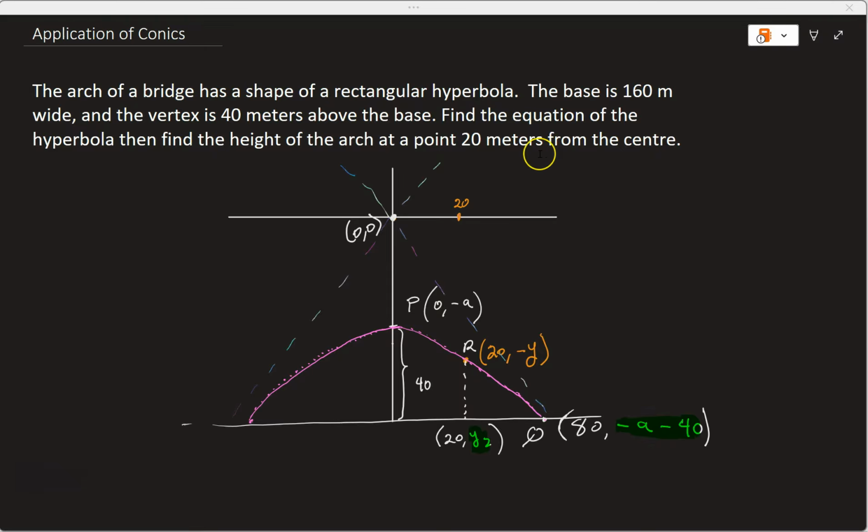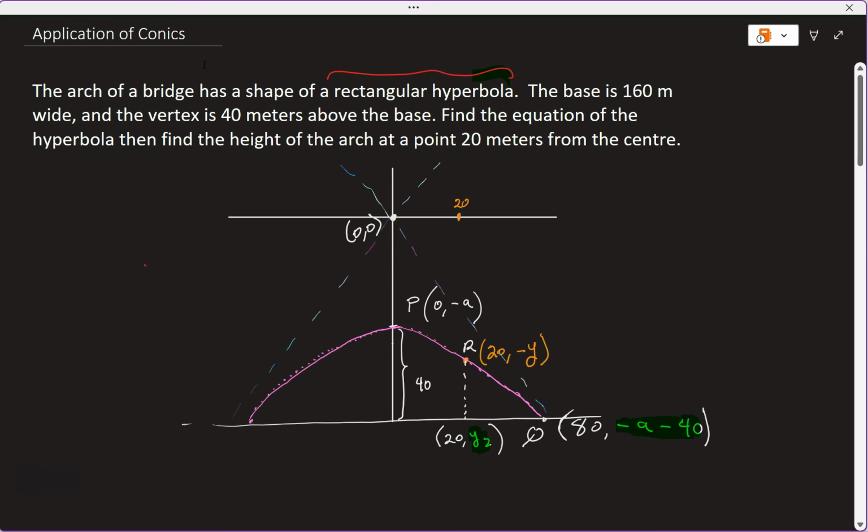But the first thing is that this is a rectangular hyperbola centered at 0, 0, and that means that the conjugate and transverse axes are the same size. So the equation of the rectangular hyperbola looks like x squared minus y squared is equal to a squared. Now, this is the horizontal transverse axis and a vertical conjugate axis, but in the graph that we have,